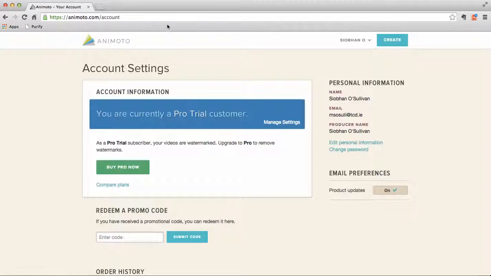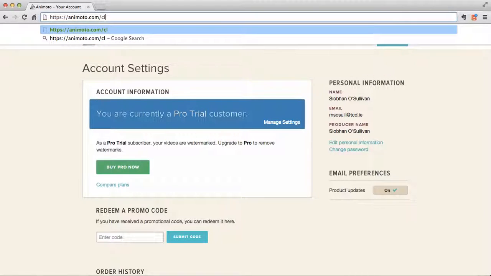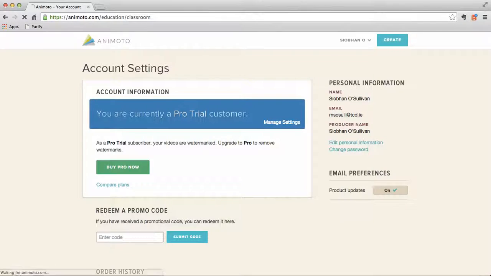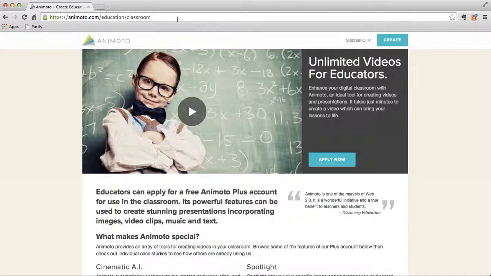So there's a way around that, and that is go up to the URL bar and change the URL to animoto.com/education/classroom, and then hit return or enter on your keyboard. And it brings you to this new screen, and Animoto has a nice deal for educators who are using Animoto within their own classroom, and it basically gives you free access to most of their features. So what we're going to do now is we're going to click apply now,